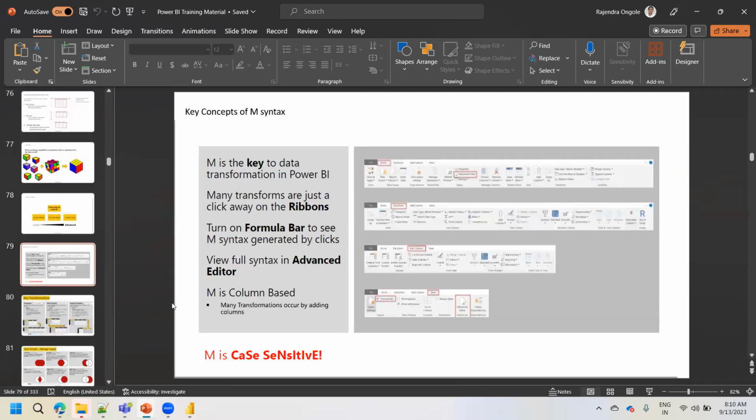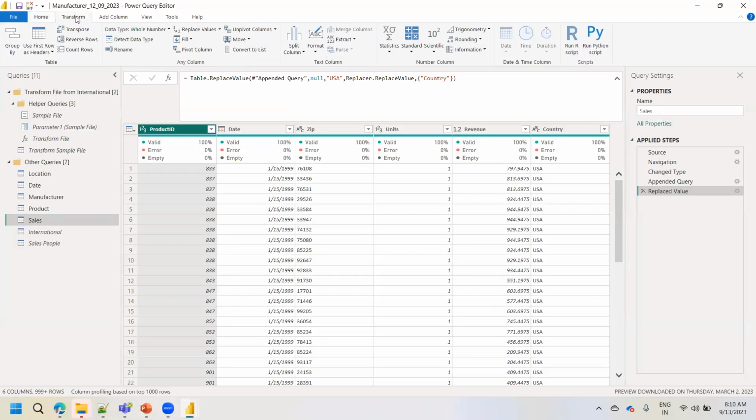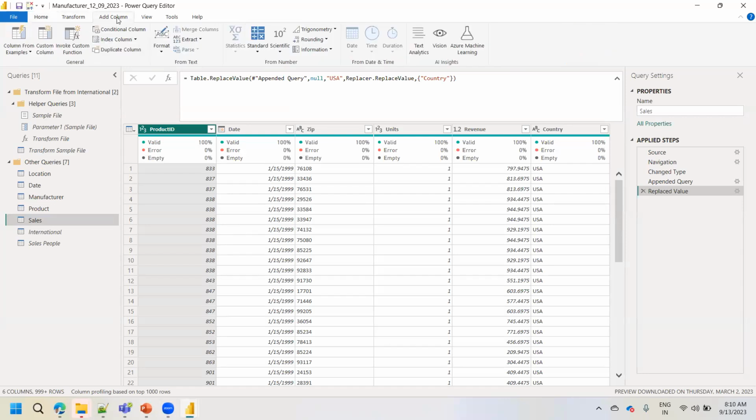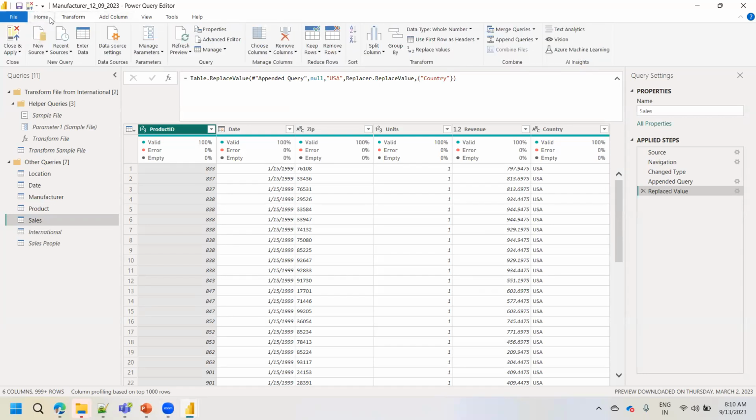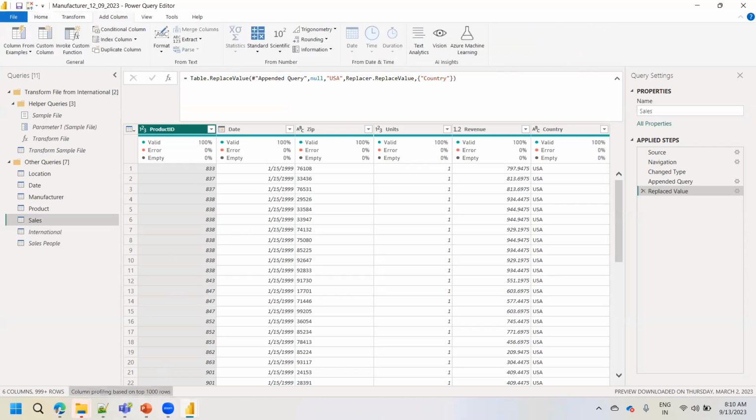So see here, M functions are the key for the data transformations part. So backend, M language, we are going to use it. Many of the transformations you can find just on the ribbon part only. In the three tabs only, we can find maximum transformations: Home tab, Transform tab, Add Column tab. From these tabs only, you can find maximum transformations as per the table or else dataset organization. Okay, structured organization. These three tabs. Okay,